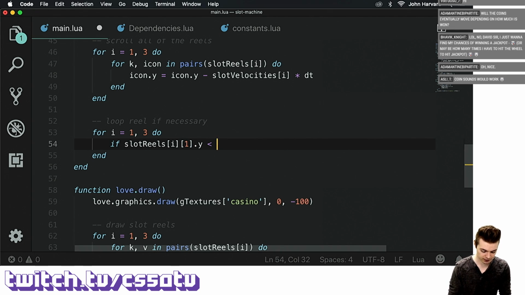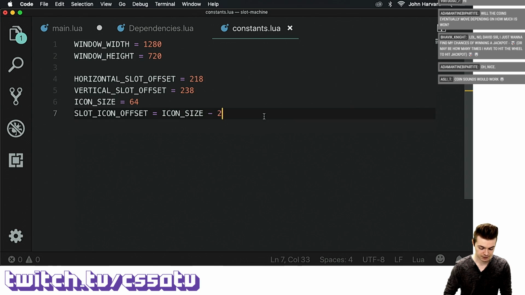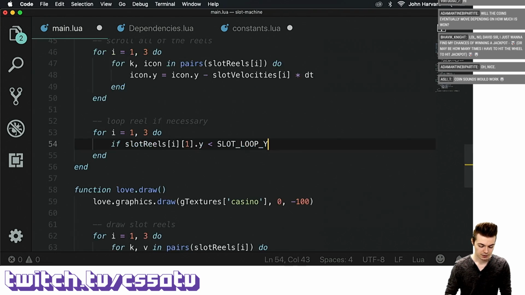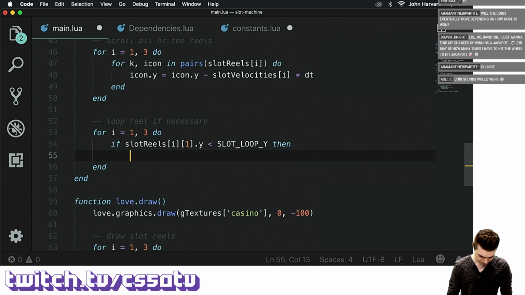174 was the number that I found. OK, so 174. And so let's actually, again, make this a constant. So we'll say slot loop y. We'll bring that into constants. So slot loop y is equal to 174. So what we do is we say, if it's less than that, less than 174, so if the first thing that we're drawing, which is at the top, is less than 174, I want to say